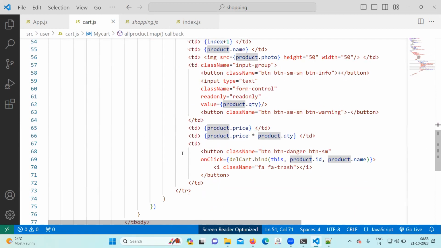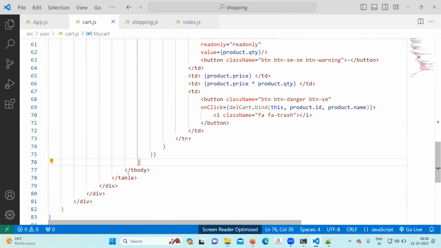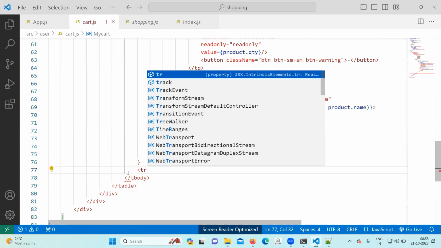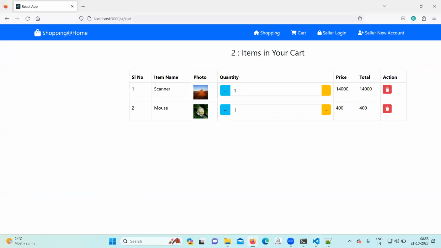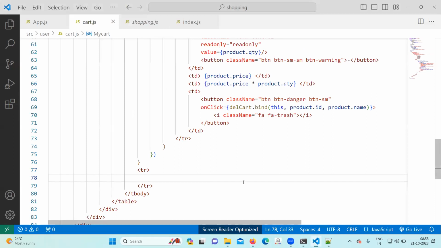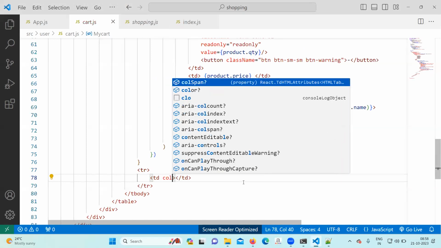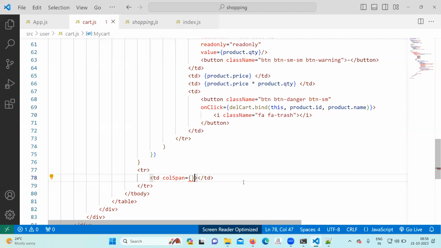Okay, come down. After the loop, you will write a tr. How many total td we have? Total td we have 3, 3, 6, and 1, 7. So we will write a td here. Col span 7. Col span equal to 7. And in that you will write class name text hyphen end, and also will write